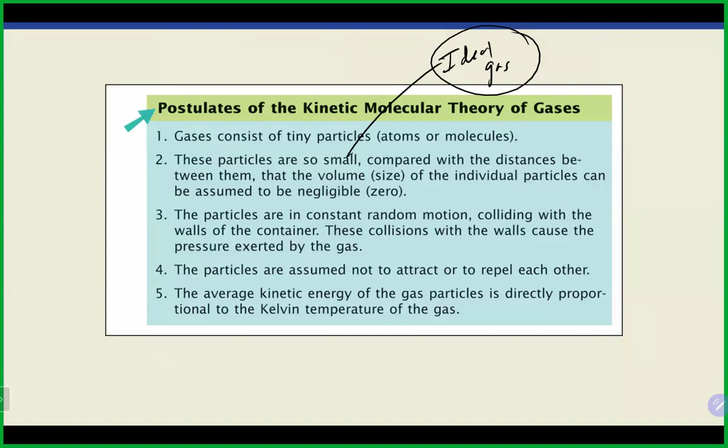Particles are in constant motion. They're colliding. It's those collisions that cause the pressure we associate with them. Number four here is really the other thing that makes something an ideal gas, and that is the idea that there's no attractive forces or repulsion type forces between gas molecules, even if they're in the same container. And that is why what we just did with our partial pressure calculation allowed us to do that in an ideal situation, because even though they're all in the same container, when there's no interaction between those different gases, we can kind of do an ideal